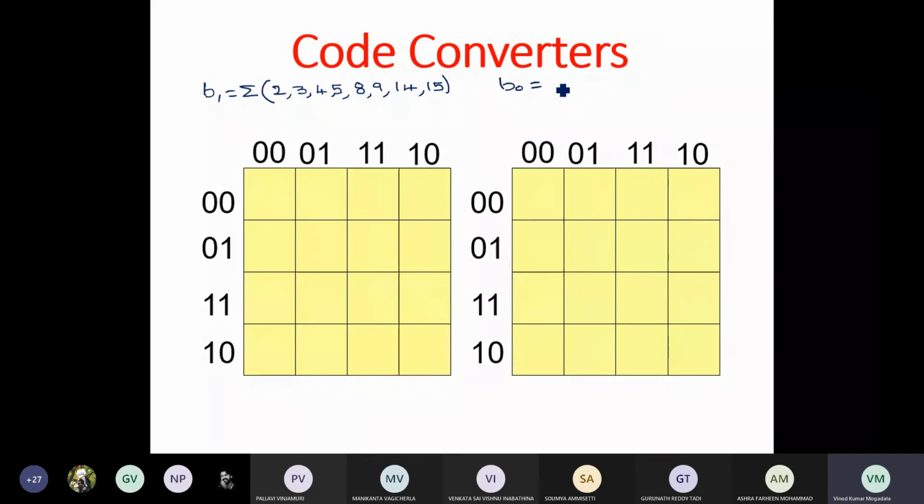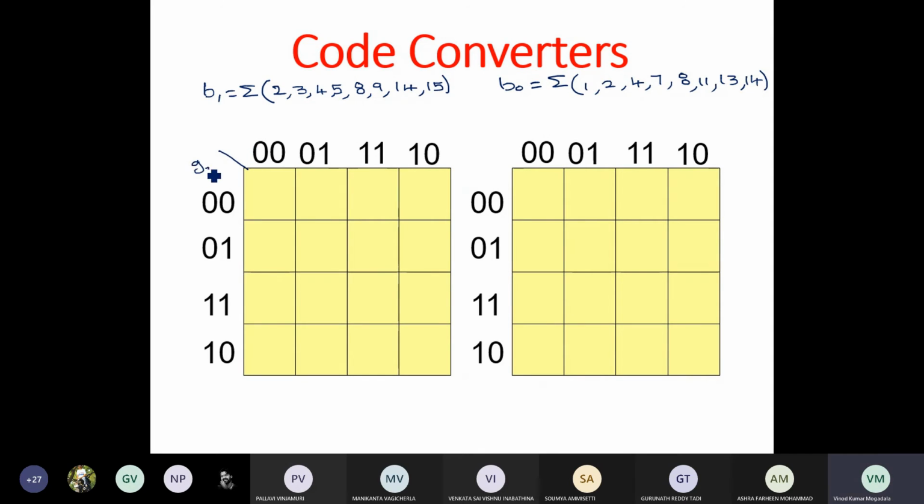And for B0, the minterms are 1, 2, 4, 7, 8, 11, and then 13, 14. Now draw the corresponding K map.